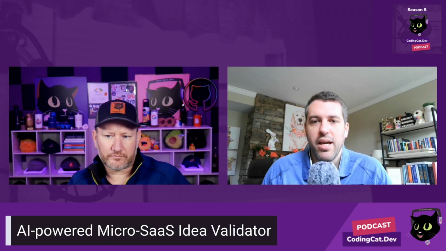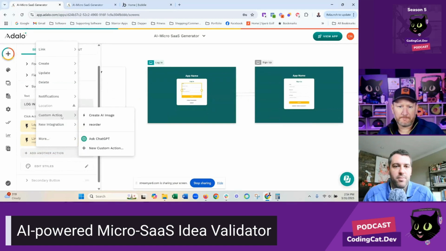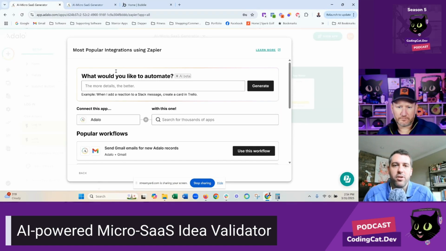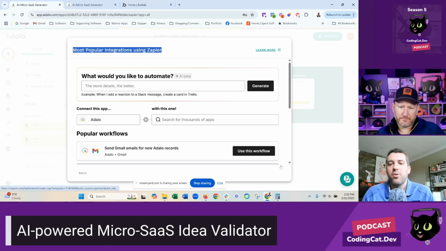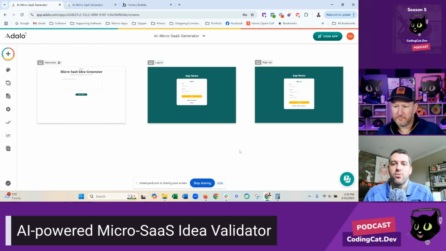Yeah, so Zapier and Make are probably going to be your two main ones. I believe if you submit a new integration, you can basically browse popular integrations using Zapier. So they have a very in-depth integration with Zapier already. Nice. Make, formerly Integromat, is obviously a little more advanced, and you can do some cooler things with it. So those are really going to be your way to tie in a lot of things. But like I mentioned, you can link,